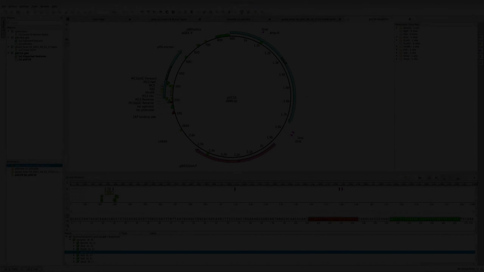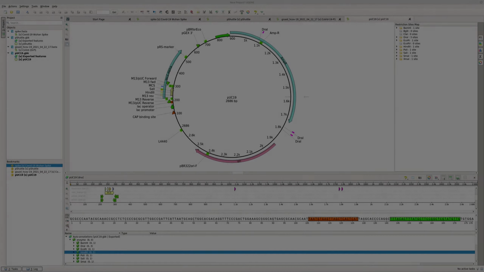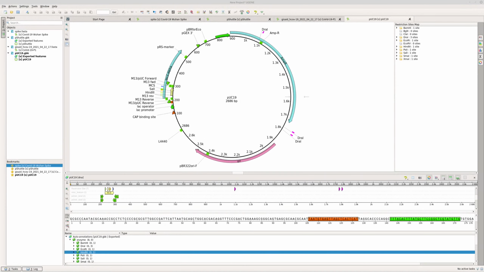In this video, we're going to do some simple cloning by using in silico methods. So at this point, I have UGENE open, and I've loaded some FASTA and GenBank files. Of course, the GenBank files have the annotations associated with them. So this is our cloning vector called pUC19, and as we can see, there are a series of features, as